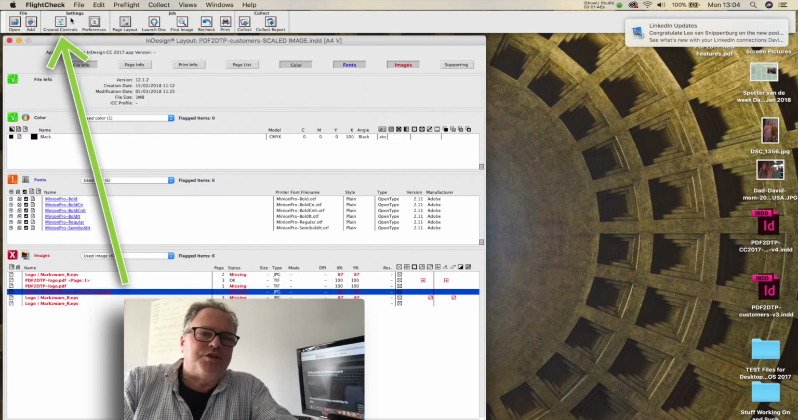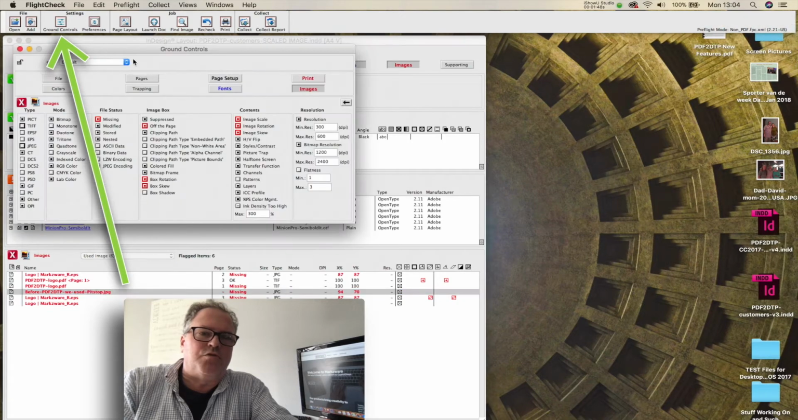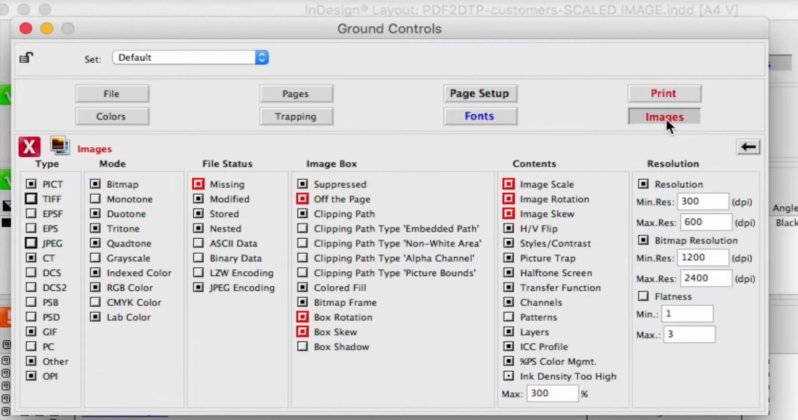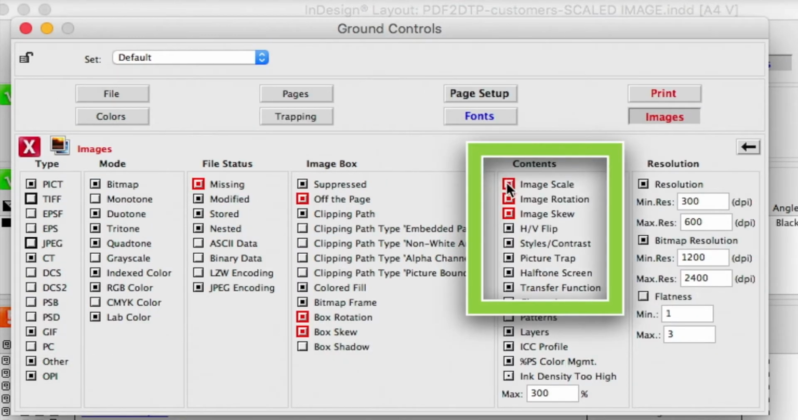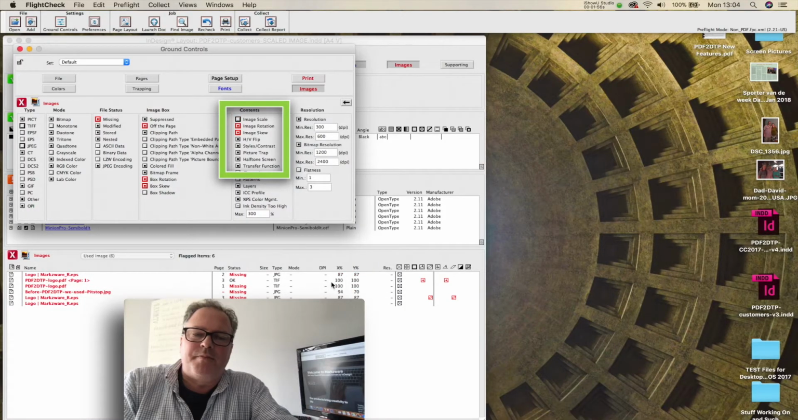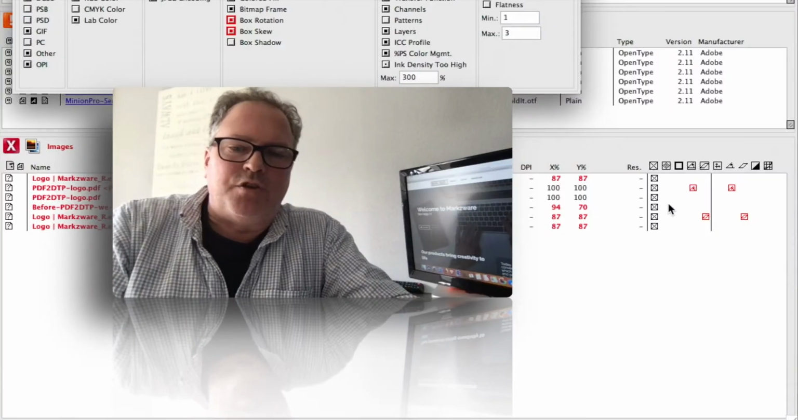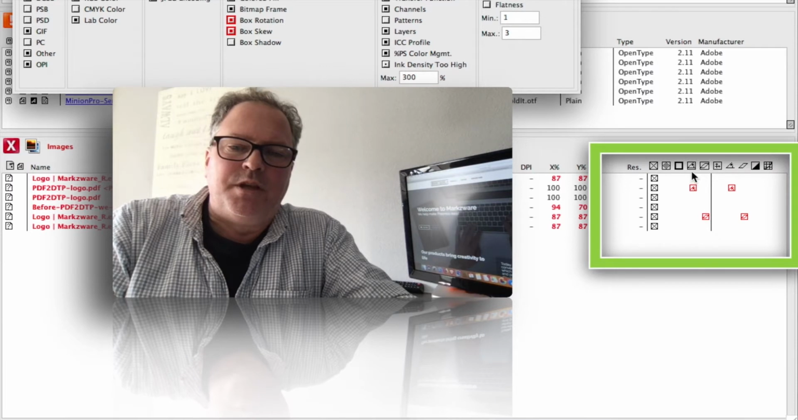And just to show you first is the ground controls under the images section here. We can click on image scale, and if we turn it off, we see it disappears. And if we click once, we get blue for warning, and if we click twice, we get red for an error. We've also in this file made some images that have been